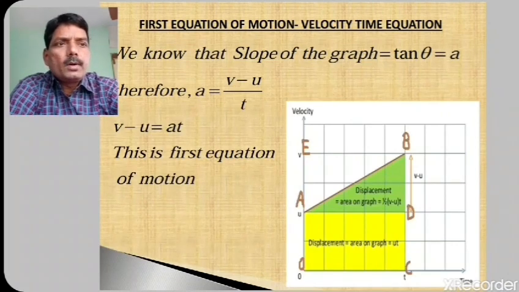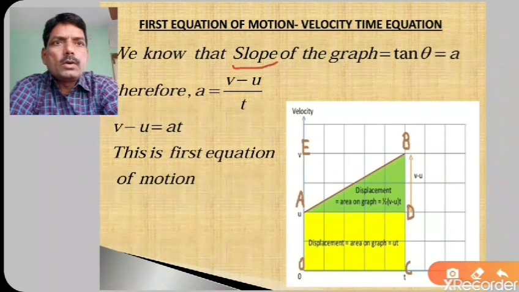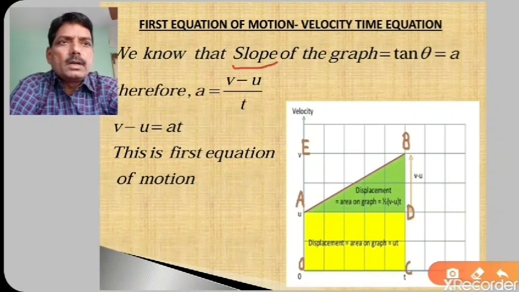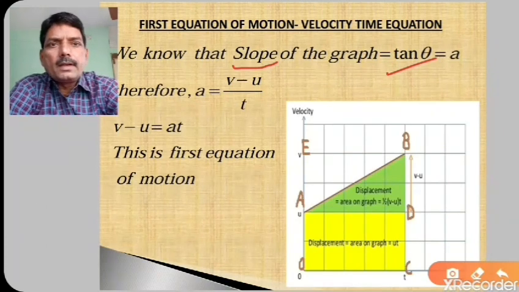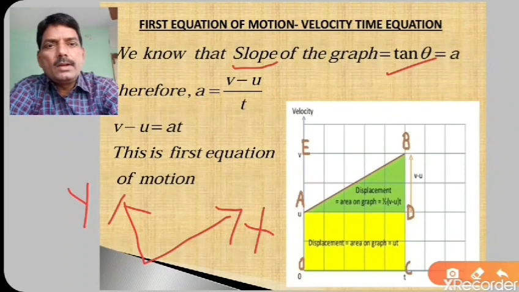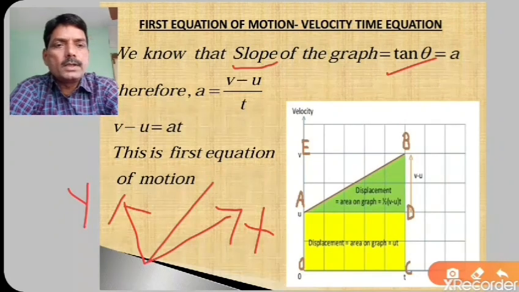Now this is a very important term. The slope is a very important term here, because in 9th class you might not know about this term tan theta, which is related to the slope. Now I will explain to you about this slope. What is meant by slope? Suppose you have these x and y axes here. This is the y axis, this is the x axis, and you have drawn a line like this, which is passing through the origin.